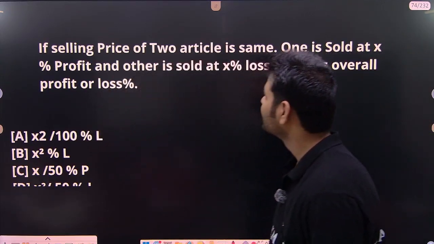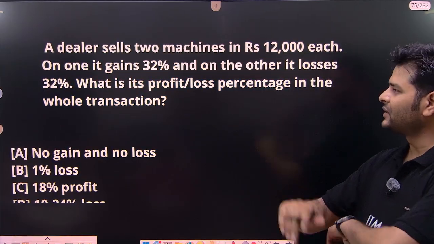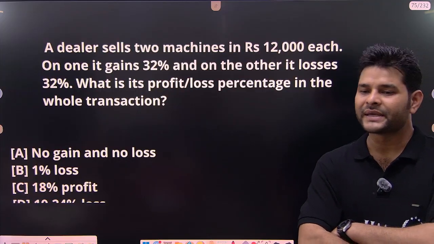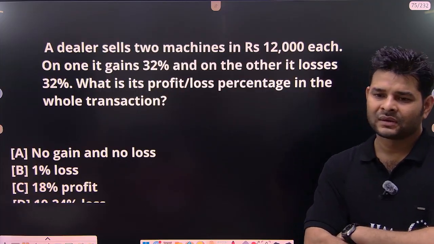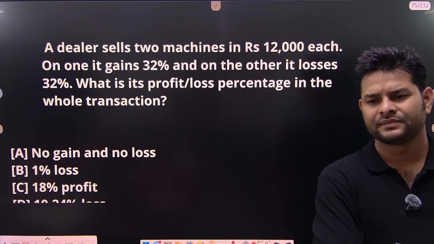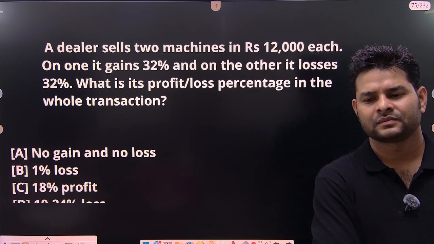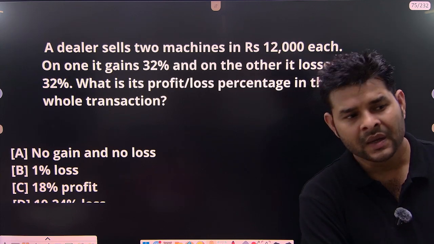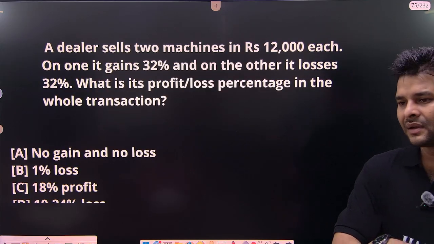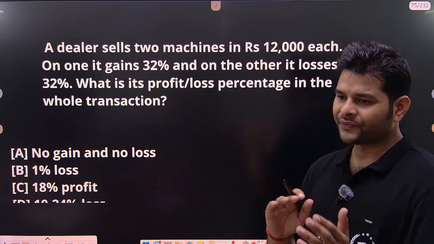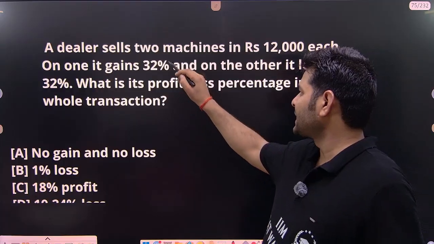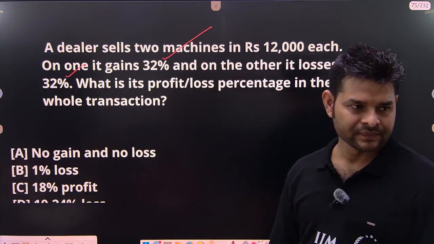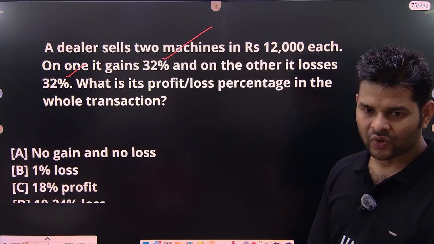Amazing. You can compare with that one. Go on type number 5 and type number 6, then just match what is the difference between both. Basically in type 5, the profit and loss value is different, but in type 6, the profit and loss value is same. There is no other difference.